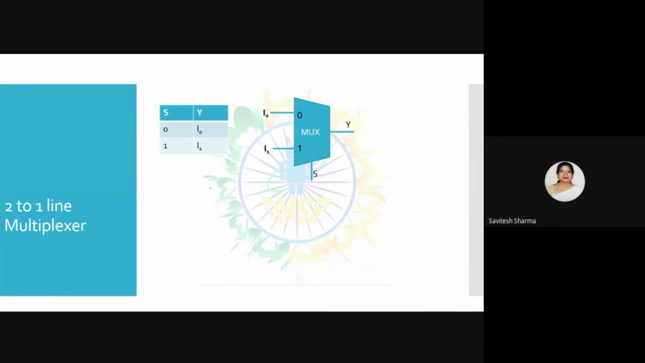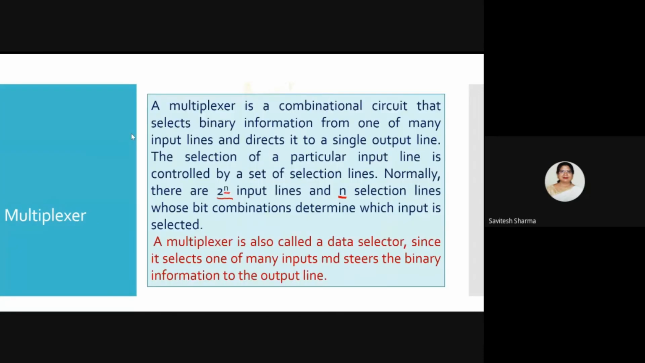So binary information, if you want to send to one output line, you will use a data selector or multiplexer. So see, this is one type of multiplexer. What is the concept actually? If you see